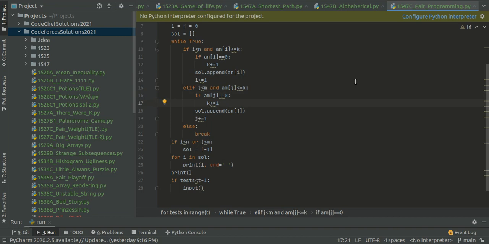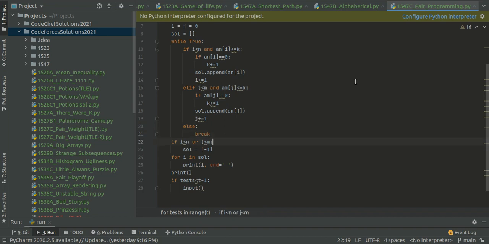Similarly we do it for j with the Polycarp array. An is Monocarp's actions and am is Polycarp's actions.